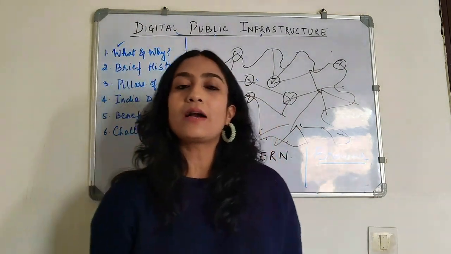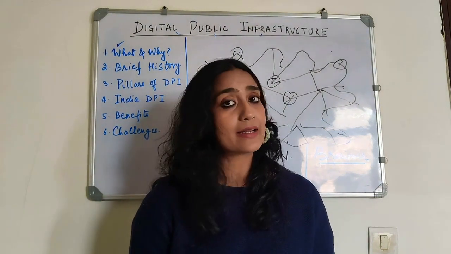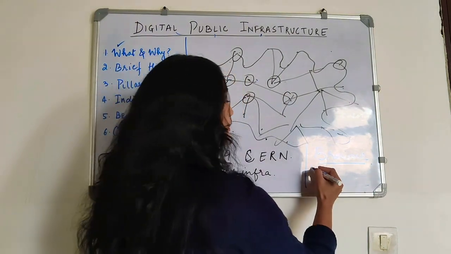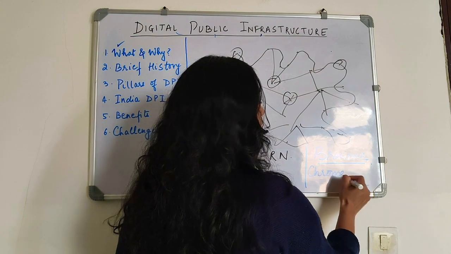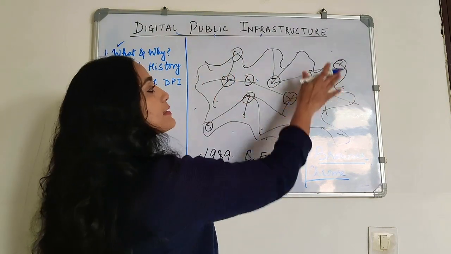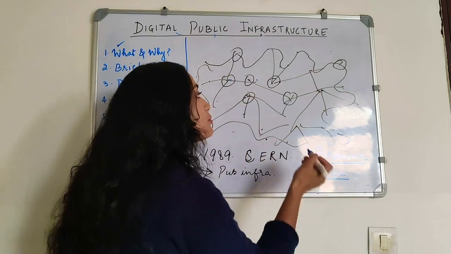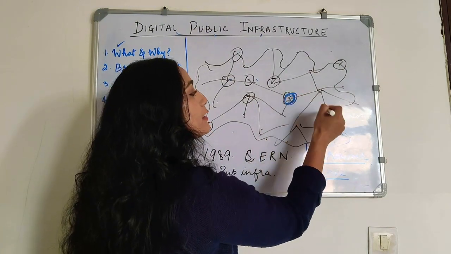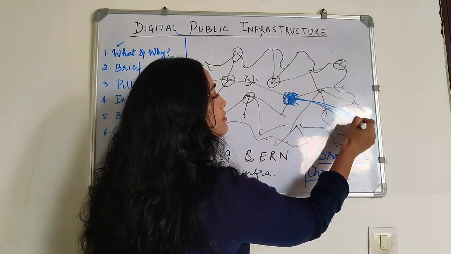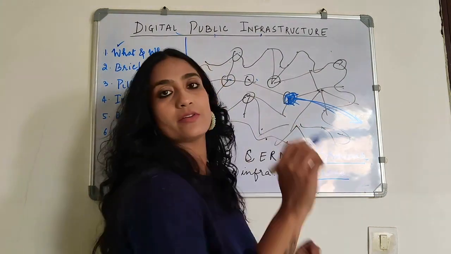Now browsers started with Mosaic. Over time, there was Netscape, then Internet Explorer, then Firefox, and now the most common we have is Chrome, right? This is the default for many of us. So again, if this is your internet and this is your web, then what is the browser doing? The browser is letting you actually go here and see it, or retrieve this information, connecting you and the source of information. So that is what the browser is doing.